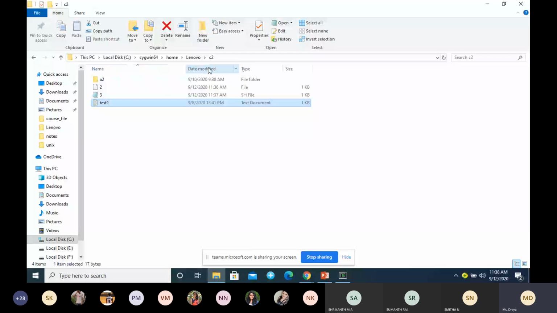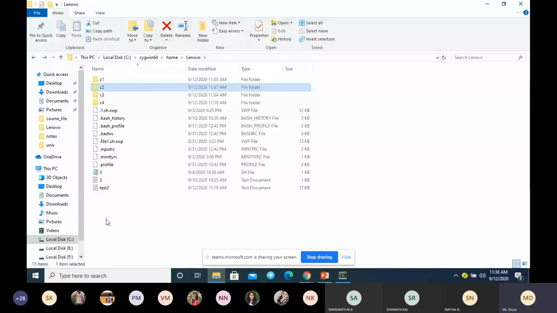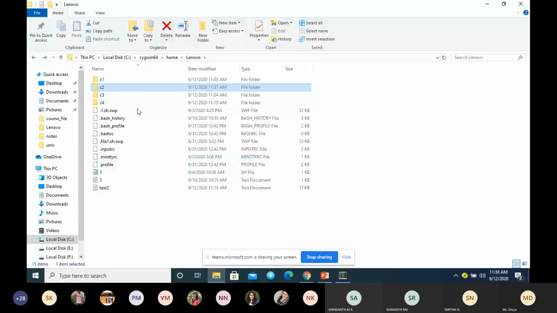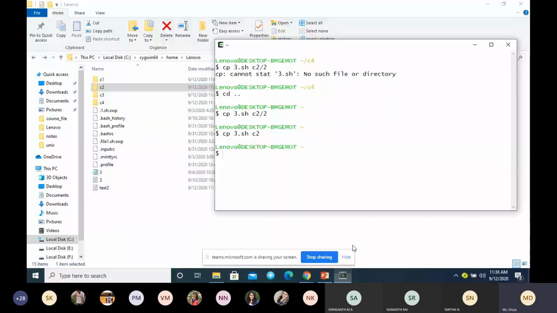This is my home directory. Here I don't have the test1.txt file. It is not there, but it is there inside C2. So I want to copy this file here. What can I do? I can type cp.